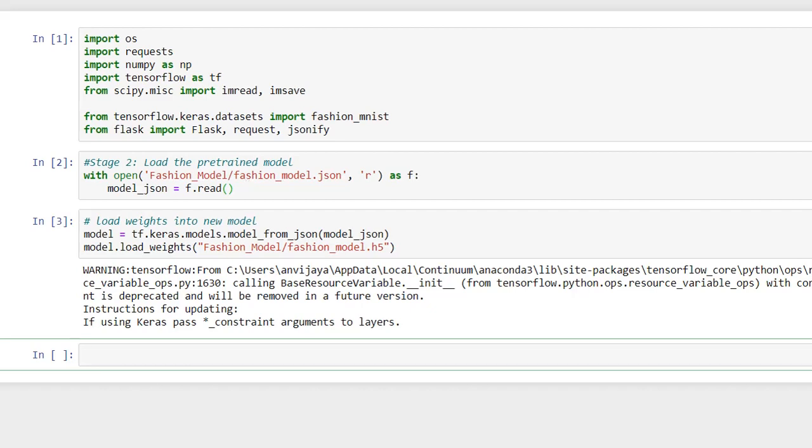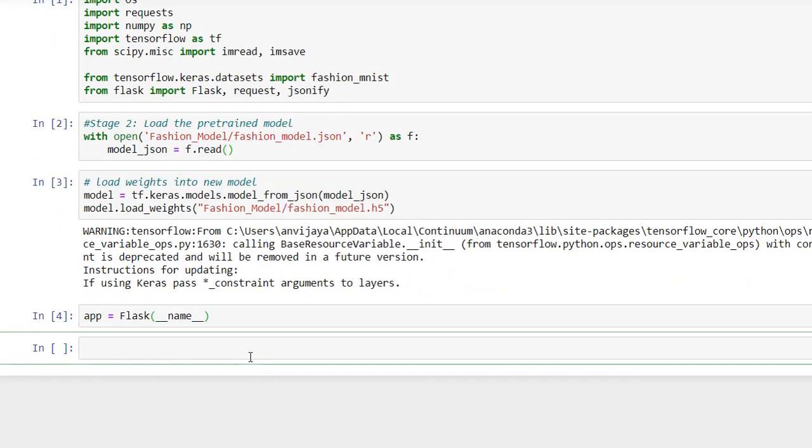The next step is to define the Flask app. For that we have to call this code. We are calling the class name Flask, and this is the common argument which we need to pass to the Flask class. I'm going to execute this one. Okay, it executed successfully without any error.